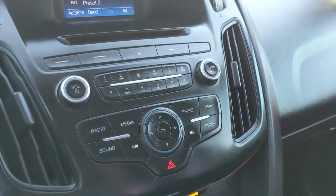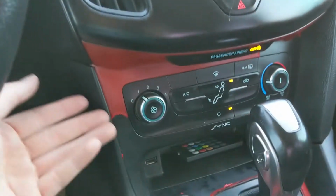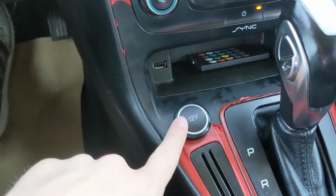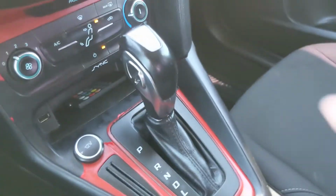Then moving on from that, you of course have your media controls here, and then your hazards and your climate controls. Very simple, easy to use. You have a USB and 12 volt here, so you can plug something into power charge from there. And then you have your main shifter here,